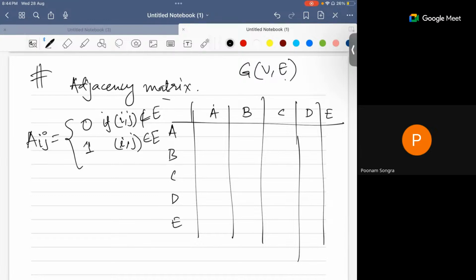So here, Aij means ith row and jth column. And the value is 0 if there is no direct edge, and the value is 1 if there is a direct edge. Okay. So for example, if I'm just giving you an adjacency matrix, and if you have to make a